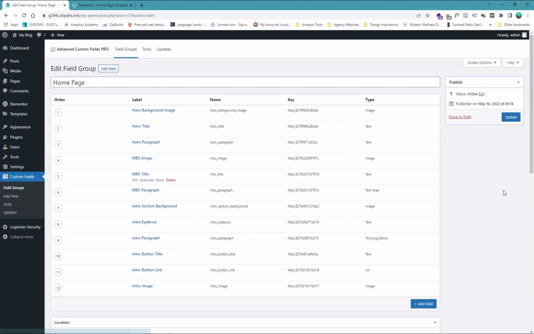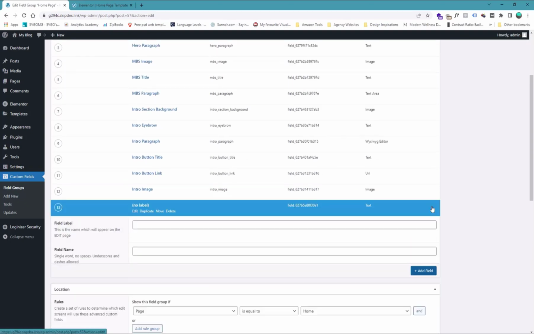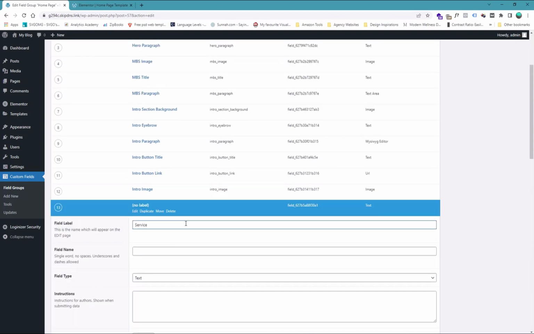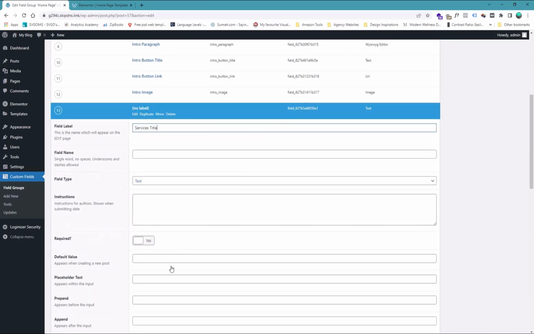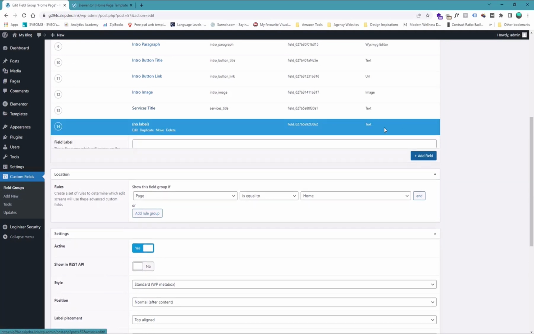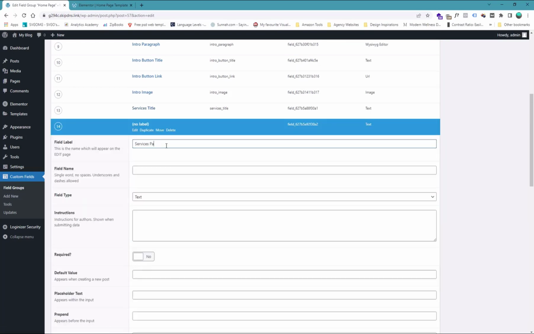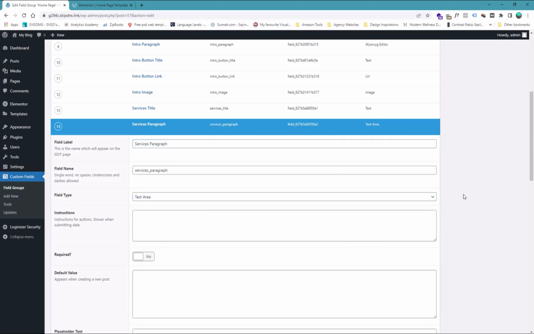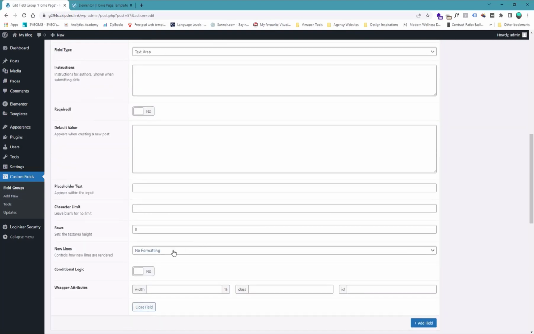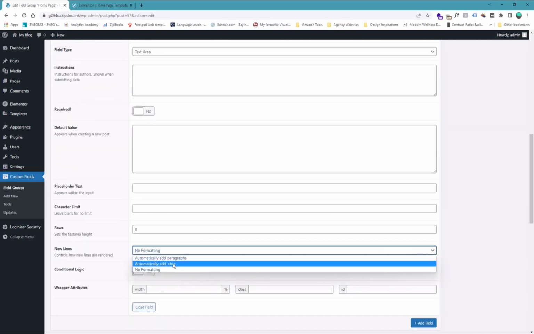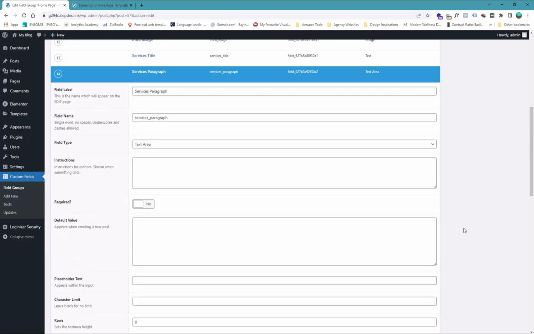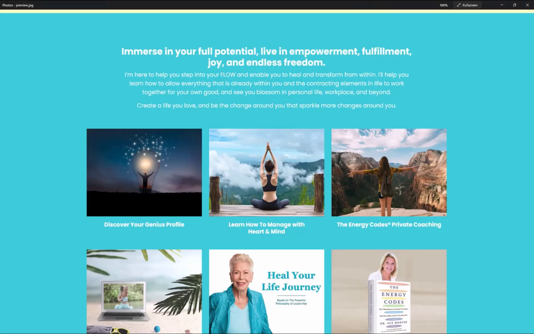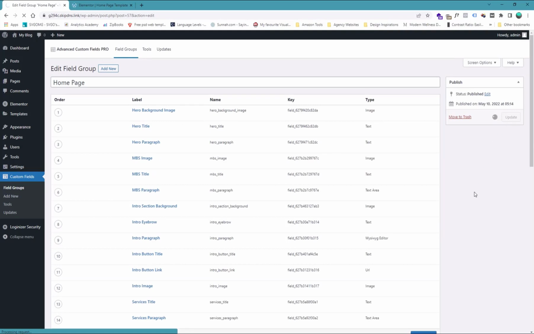Now let's add a field for services title, field type will be text, and services paragraph, and field type will be text area. Alright, we will choose to add a break automatically. Click on update,